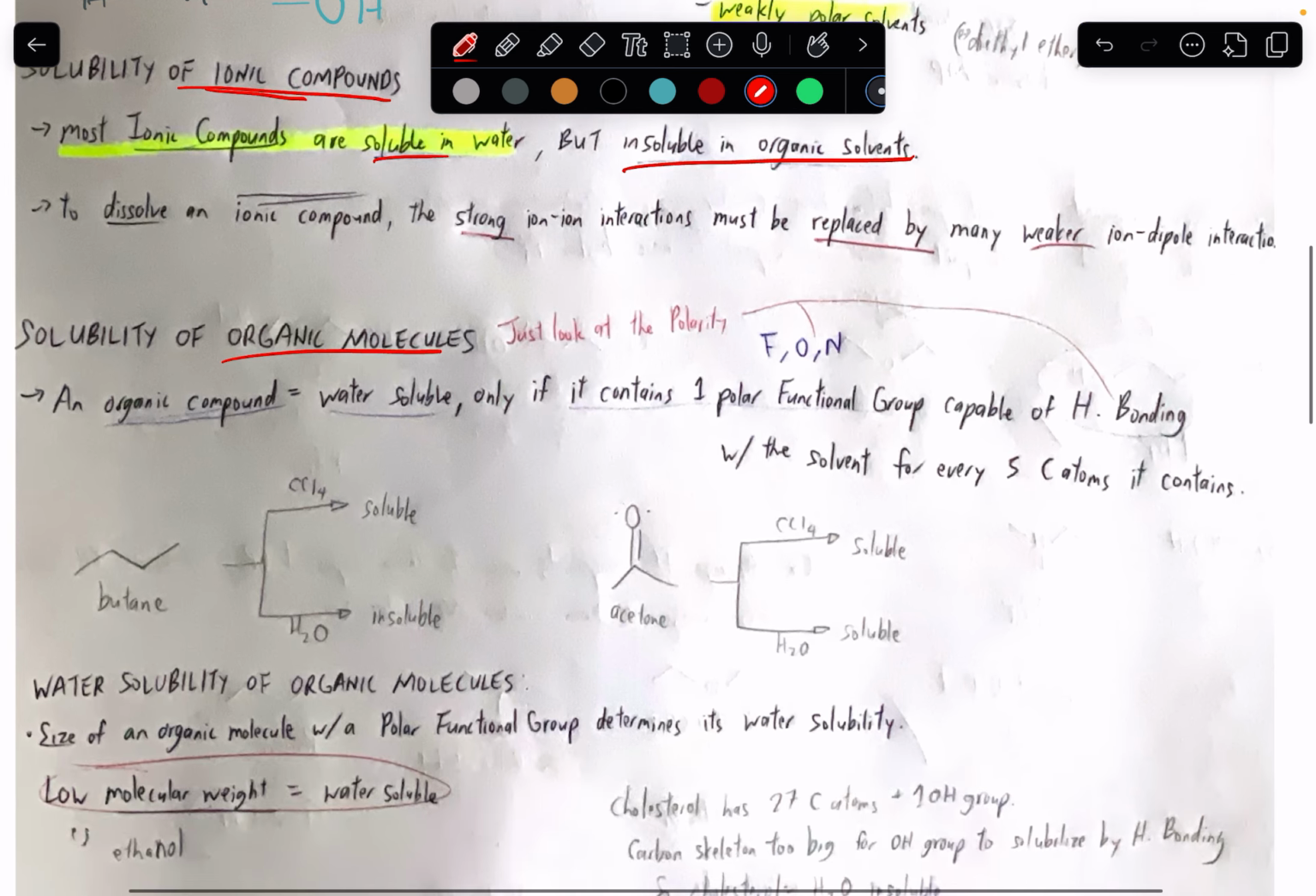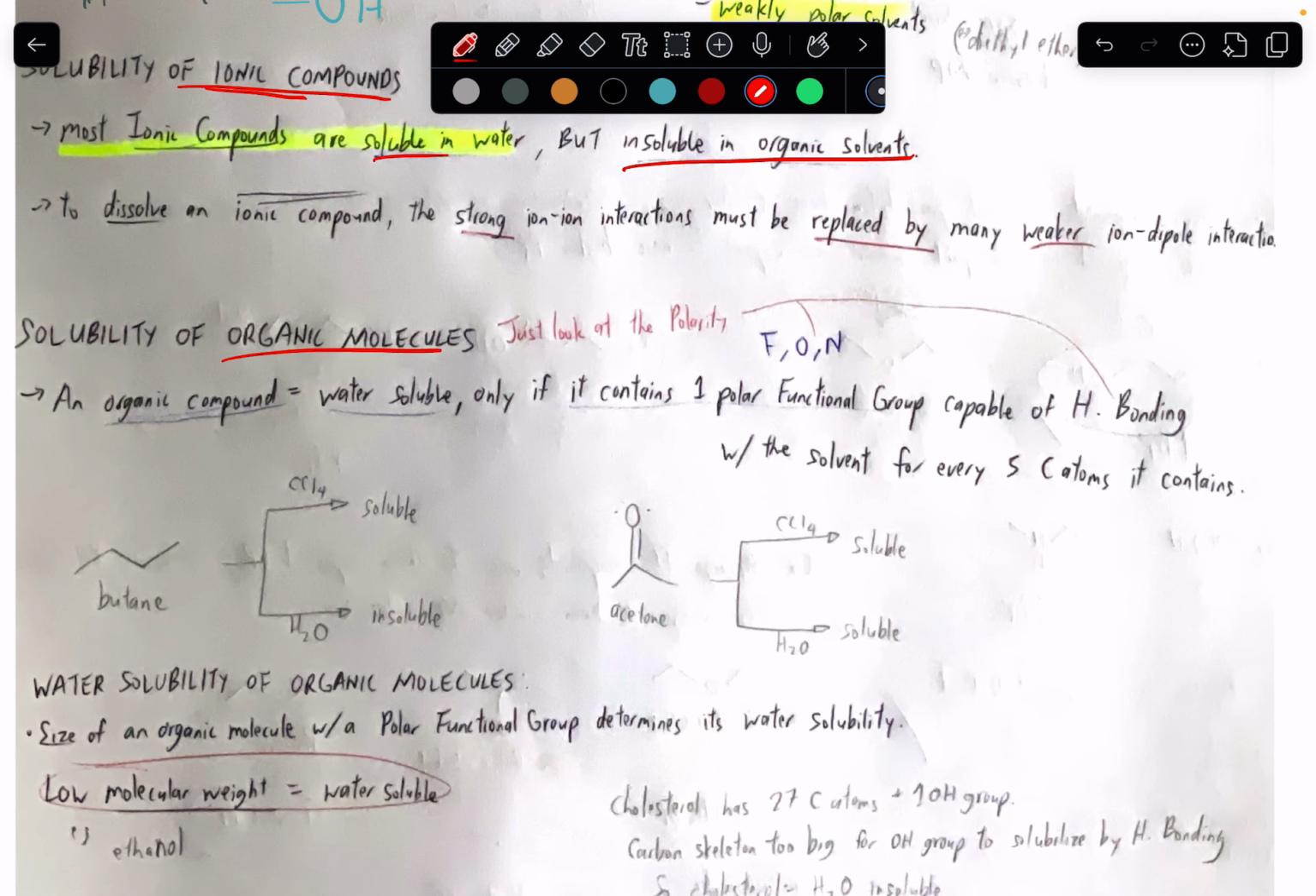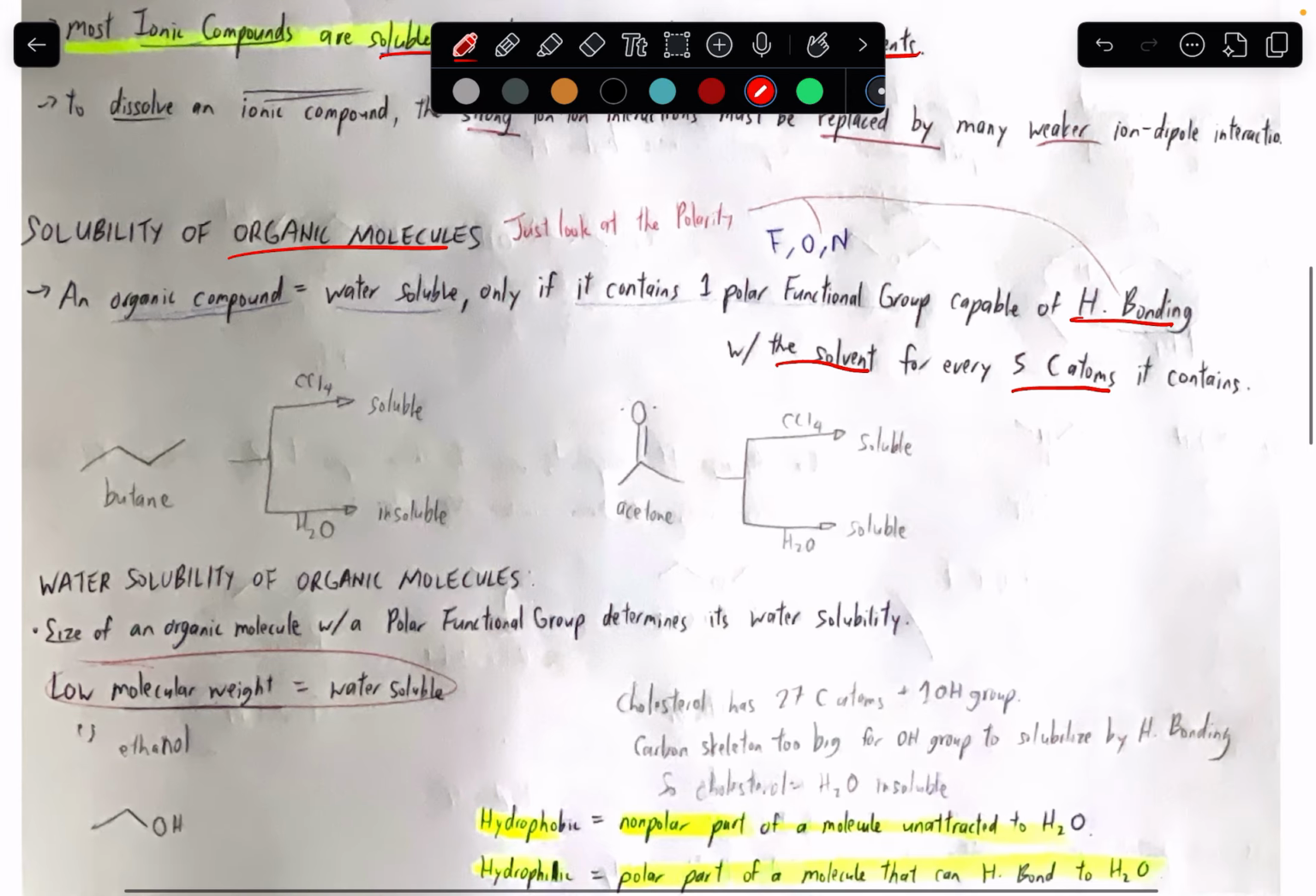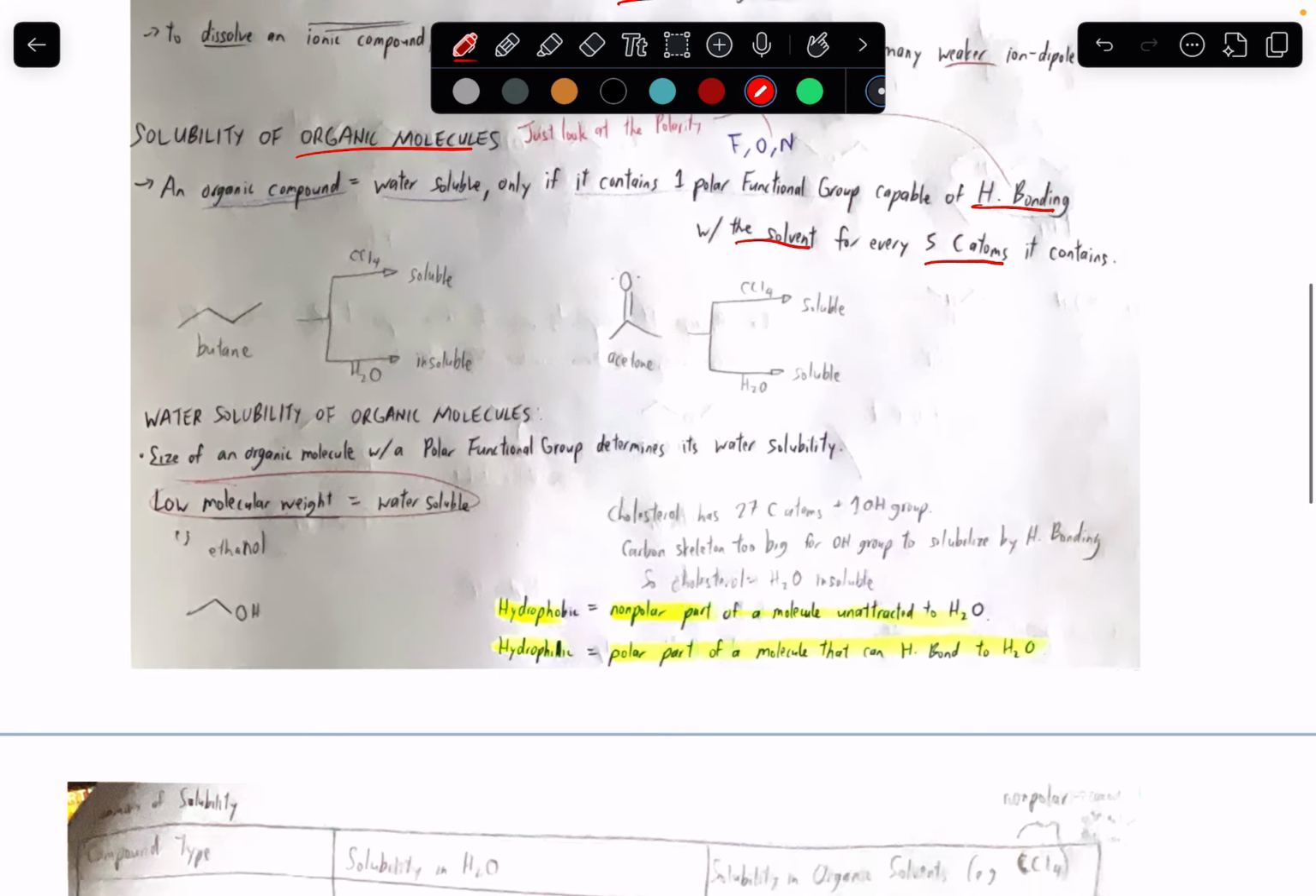Okay? For the solubility naman of organic molecules, essentially, you just have to look at the polarity. You want to see if yung organic compound natin, it is capable of hydrogen bonding. More specifically, kung kaya niya mag-hydrogen bond with the solvent for every 5 carbon atoms. This might be overwhelming at first to think about yung specific condition nito. But later on, it could help